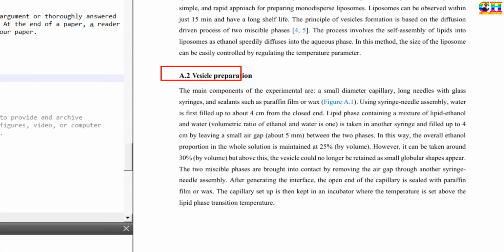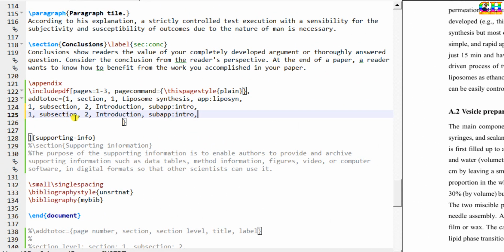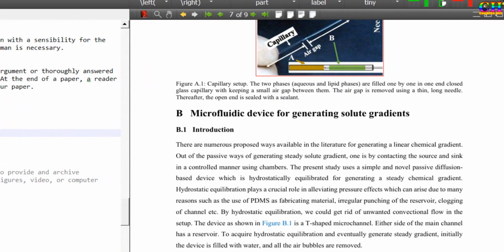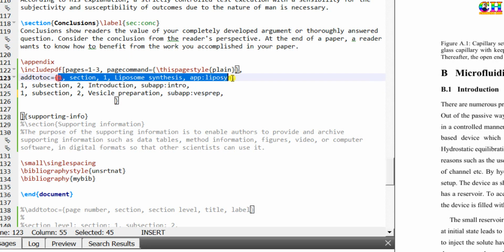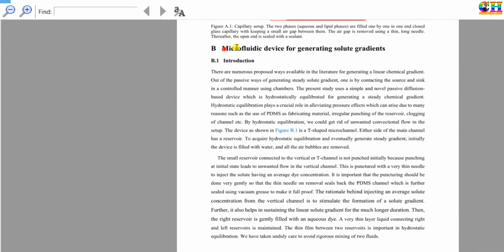This is also subsection, page is the same. Then this heading, this is section, page number 2. In the actual PDF we have to see the page number. For section the level is 1, title, this we need to write.